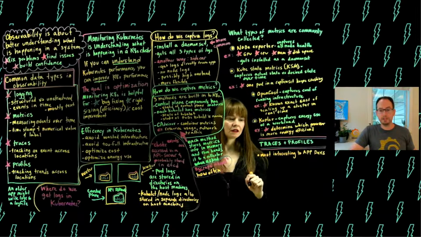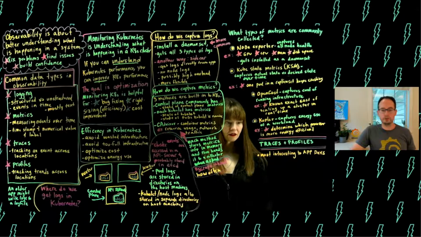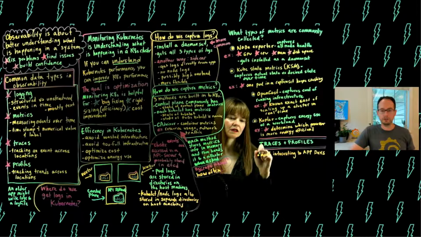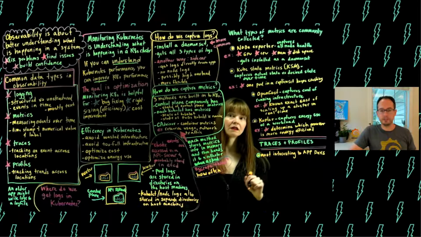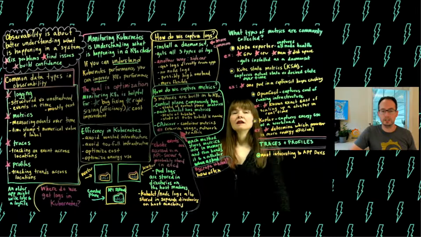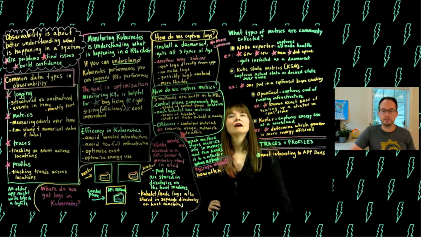But applications that you are running on Kubernetes, those will be generating traces and profiles. And so we definitely want to be aware that they exist. We want to capture them. The same collector process that we've talked about, the daemon set that's capturing logs, the deployment or stateful set, however you want to capture the metrics, those ones will be configurable to capture traces and profiles and then send those off to your storage too.